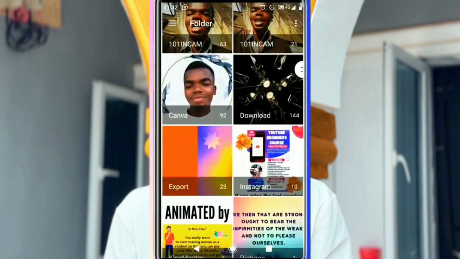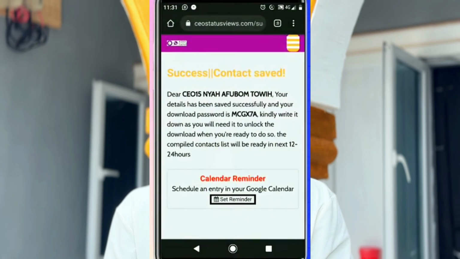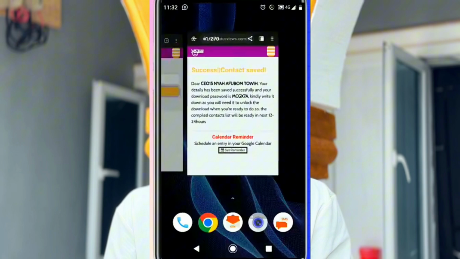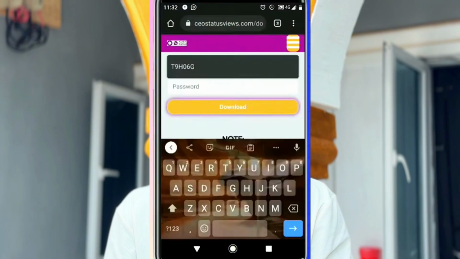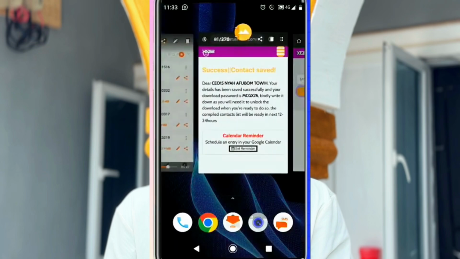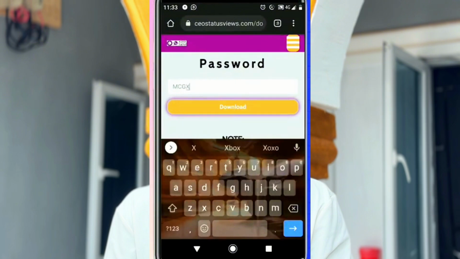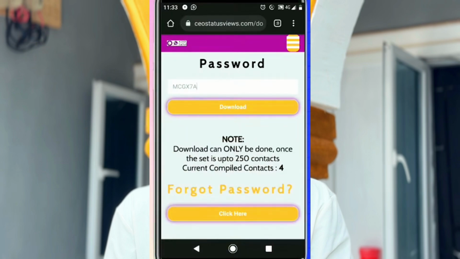You go and look for the password you screenshotted. Okay, so this is it. MCG X7A. So you just type the password here. MCG X7A. As you have put this password like that, guys, make sure you don't forget this password. As this password is here, once you hit download,